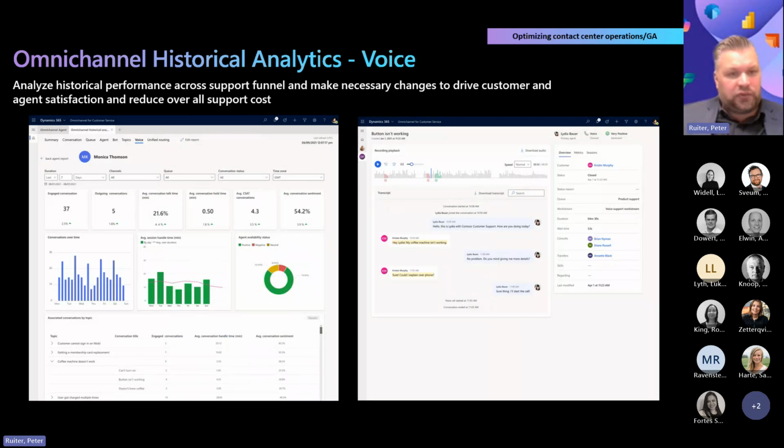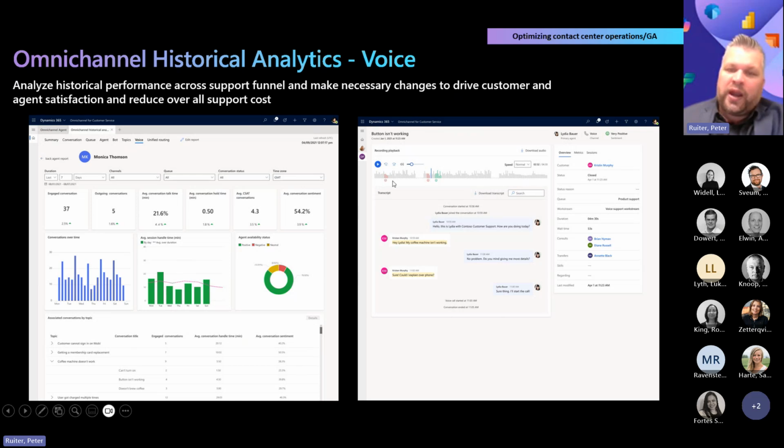We also have the historical analytics for voice. If you take a look at voice, I think this is absolutely really awesome. All of the conversations, if I view the transcript of a social messaging conversation going back and forth, you'll see the messages going in. But if I pick up a voice conversation, you will not only see the transcription, but you will also see this